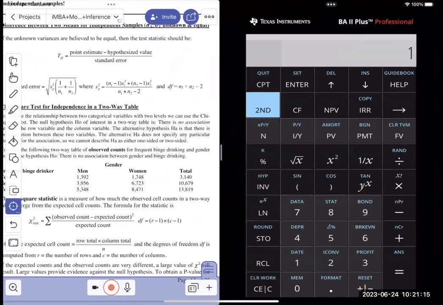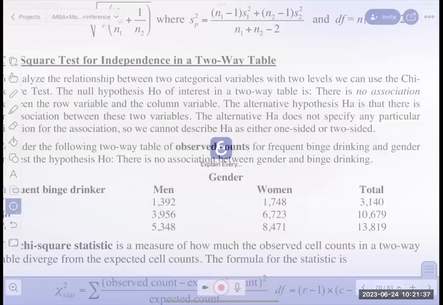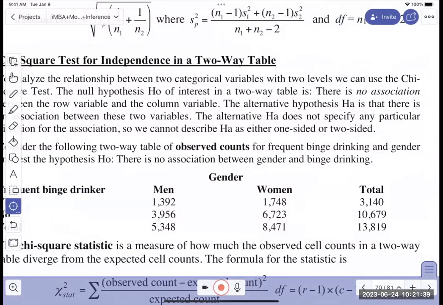And 1748 divided by 8471. So men was higher, right? So women are 21%, men are 26%. So you see that there's a difference statistically, and then you just look and say, it looks like men are higher, but you'd have to